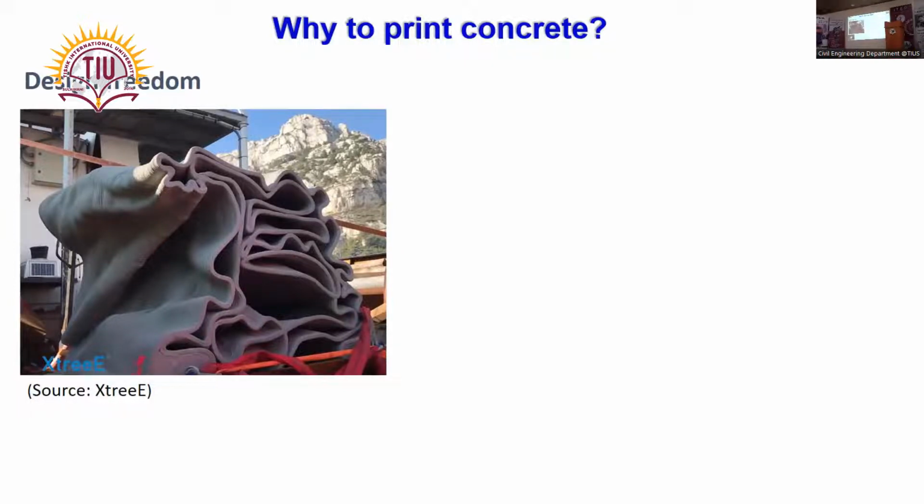It is done by X3. They have printed a coral reef, which is of any complex design, and this has been 3D printed without the need of mold. So that is the first advantage we get when we want to print something without the need of mold. That we have a machine, that we have a robot, it can be of gantry, but without the need of mold, we are depositing the concrete layer by layer,